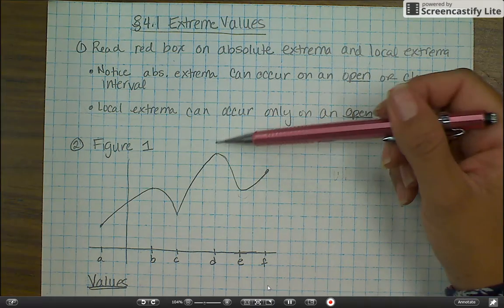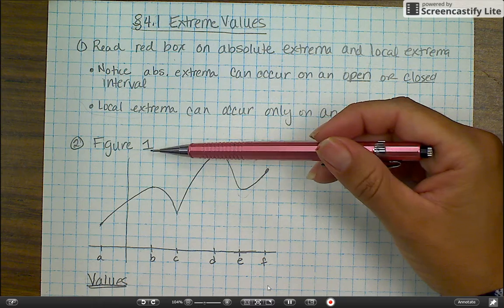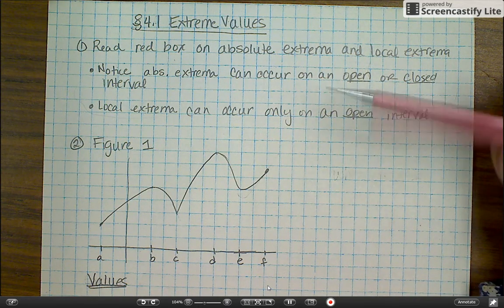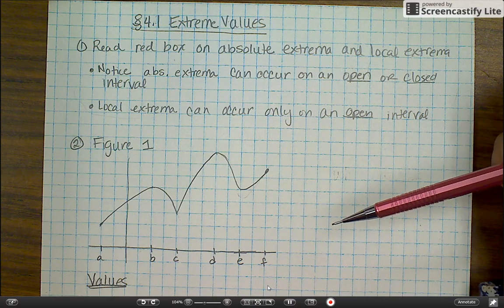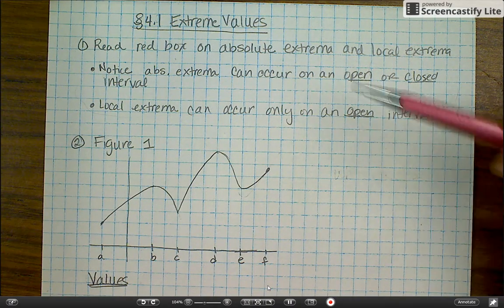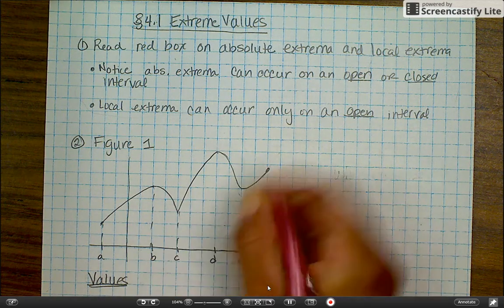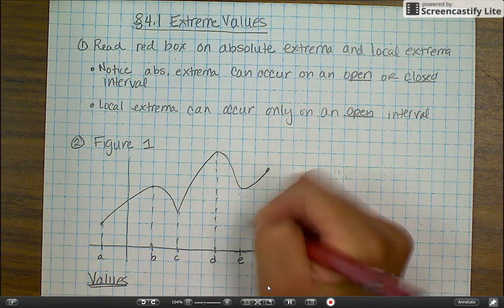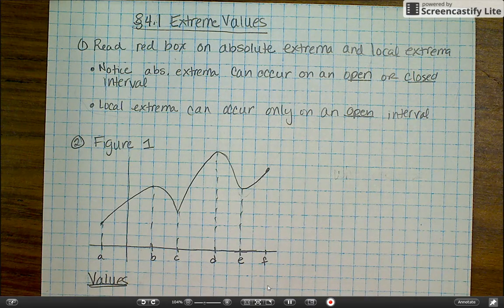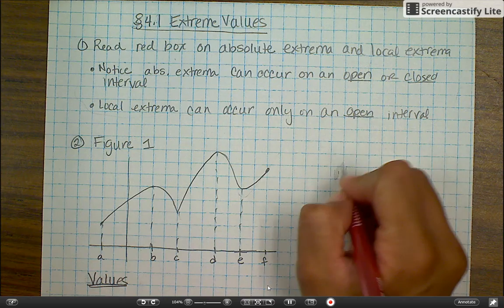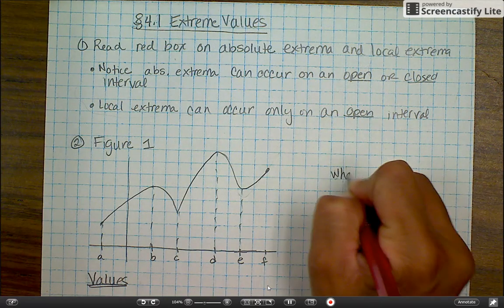Okay, when you're back, I would like you to copy down this figure as best as you can. And then if you want to, you can pause. And then when you're done, we're going to talk about absolute extrema and local extrema. Okay? So, first off, it is important to know that when you are asked